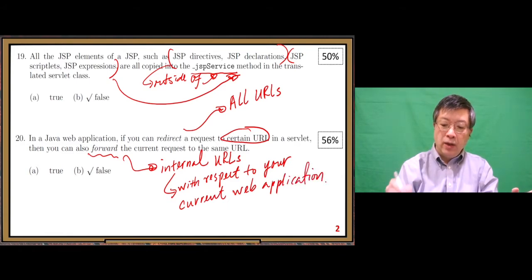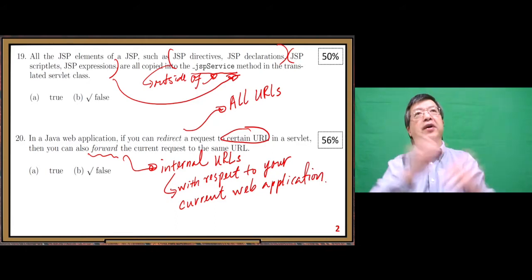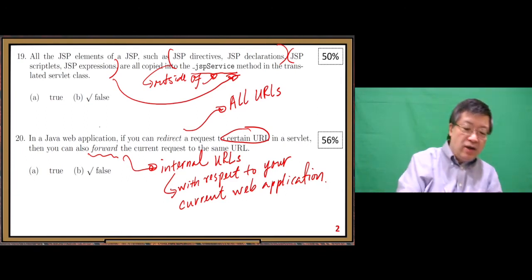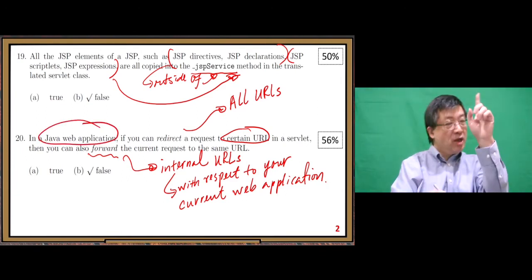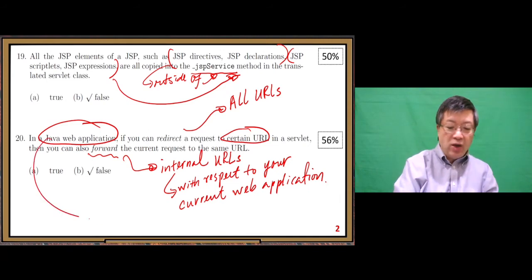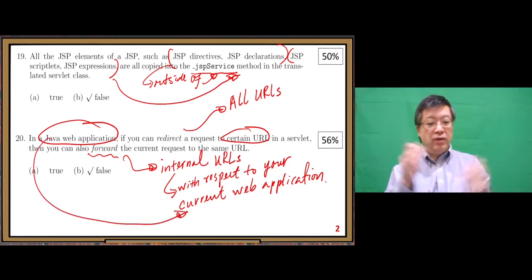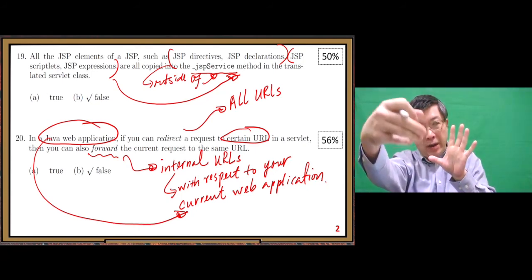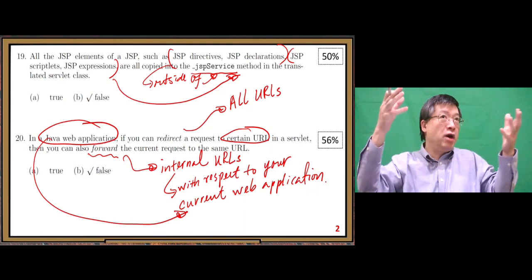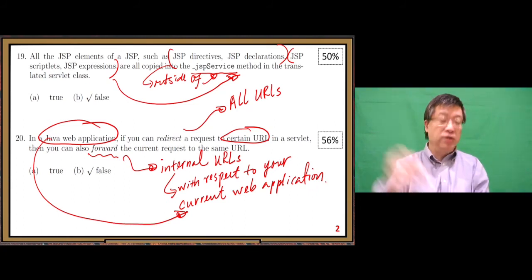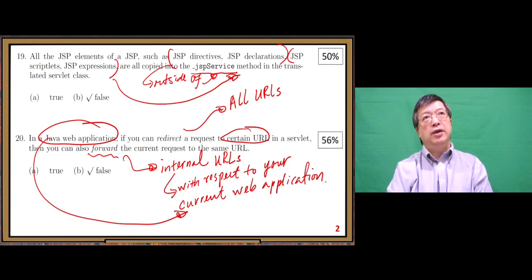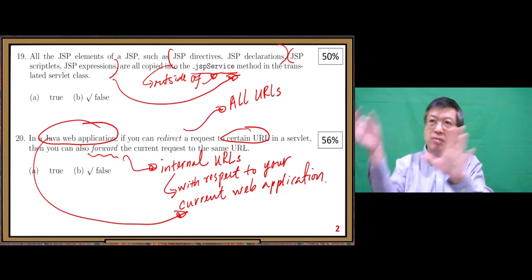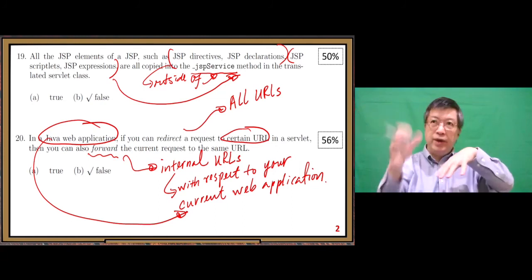That kind of URL we call an internal URL. Your current web application, the same here, because we're talking about a Java web application. So we are talking about this current Java web application. Even a different Java web application in the same server, we cannot call it an internal URL. So you cannot forward to that. Suppose there is another Java web application in the same server, different from this one,